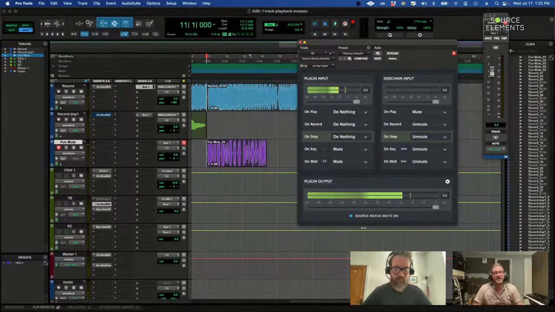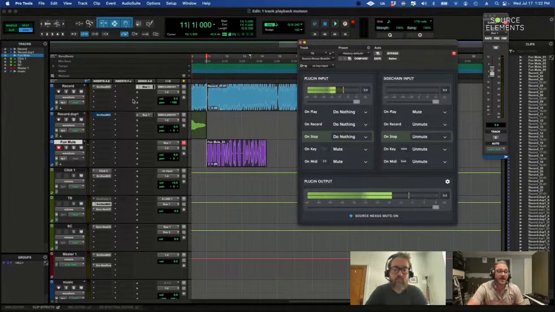Yeah, and what's great about that is that you can actually use that with different instances of Mute-On, which means that you can have different MIDI controllers or different MIDI notes or different MIDI information in general controlling different talkbacks. Yeah, so exactly. I know this is a big thing in some facilities where they have